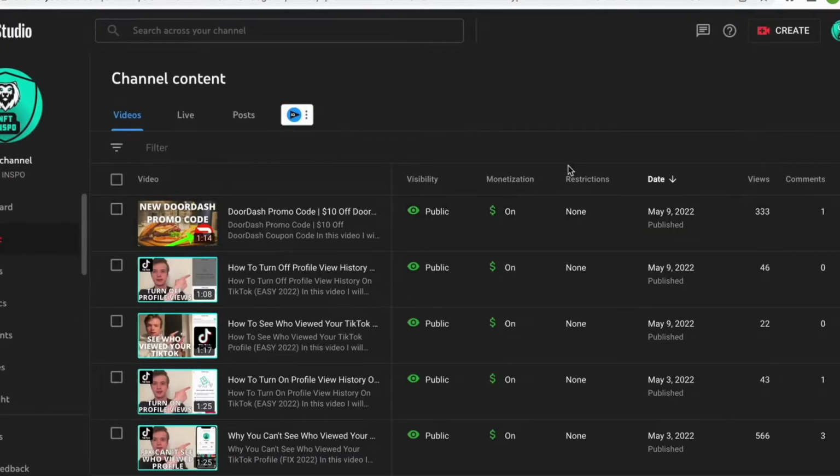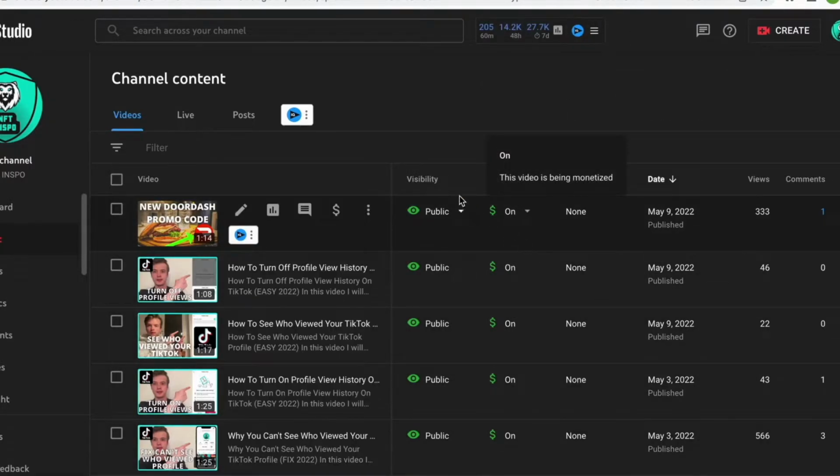Now when I'm in here, you can see that I have a few videos on here that have this symbol right here. If you don't have this symbol right here, then keep watching because I will explain later on in this video why it's not there for you right now. So I need to click here, and as you can see, I can turn it on or off. I have it on right now, but if you have it off, then just click where it says on, and then don't forget to save, and then that video will be monetized and YouTube will start putting ads